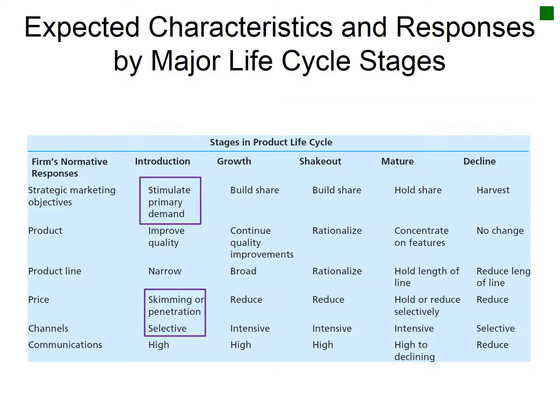All right, so some other issues as we think about these 5 different stages of the product life cycle. We know that in the introduction we want to stimulate primary demand. If it's in the introduction stage, then we're talking about a new market typically that's being developed, or a new group of consumers that are buying a new product for the first time. That'd be primary demand that's being developed. And so as a pioneer, as a company that's introducing the product themselves for the first time, then stimulating that primary demand is the key.